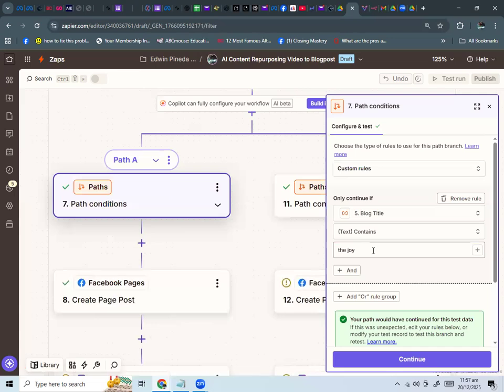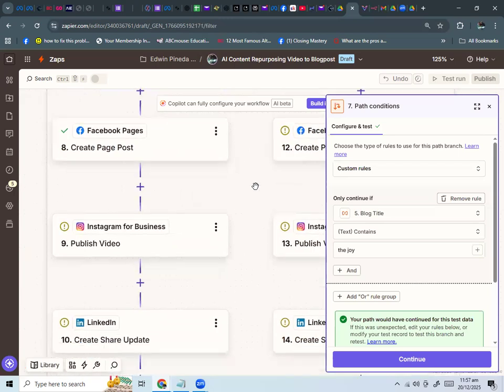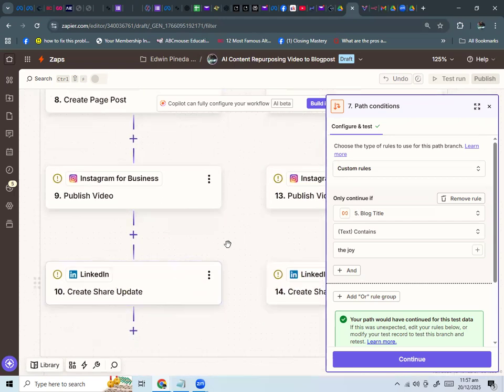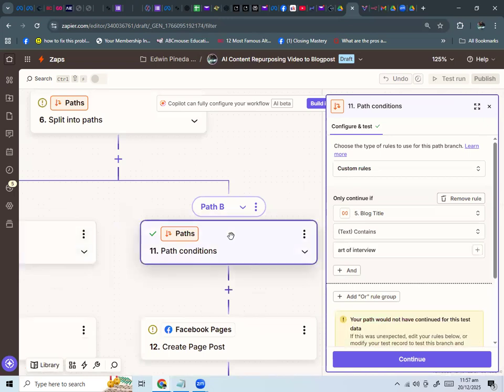All blog contents that contain joy in their title will be posted to our social media, like the Facebook page, Instagram, and LinkedIn.